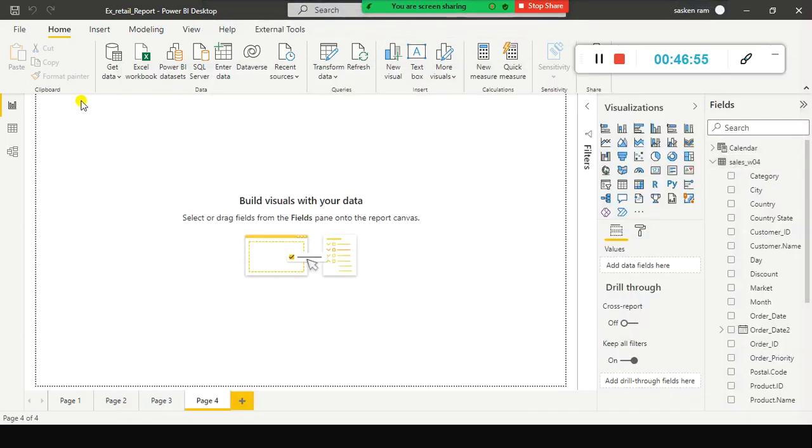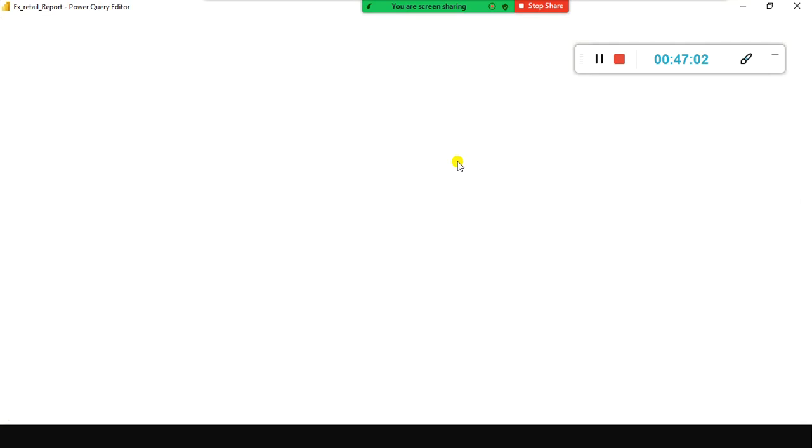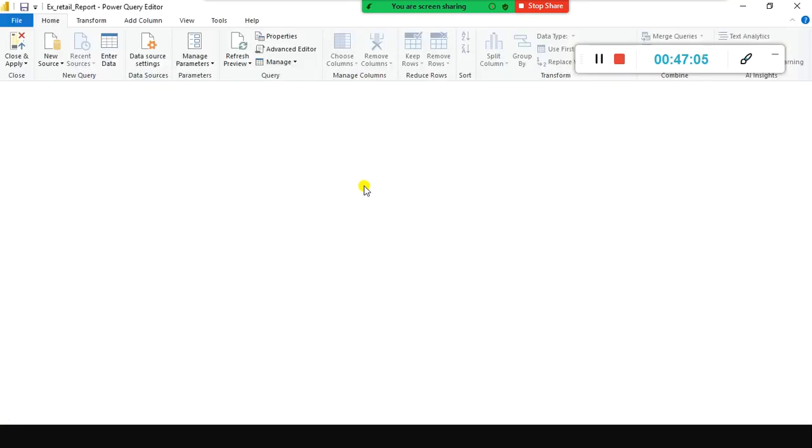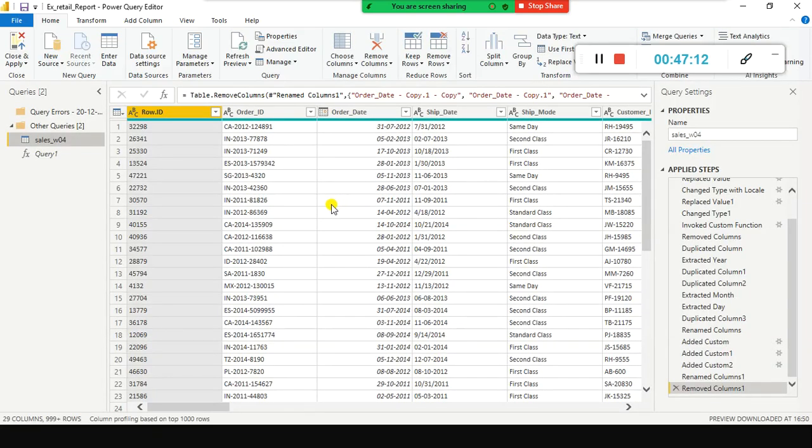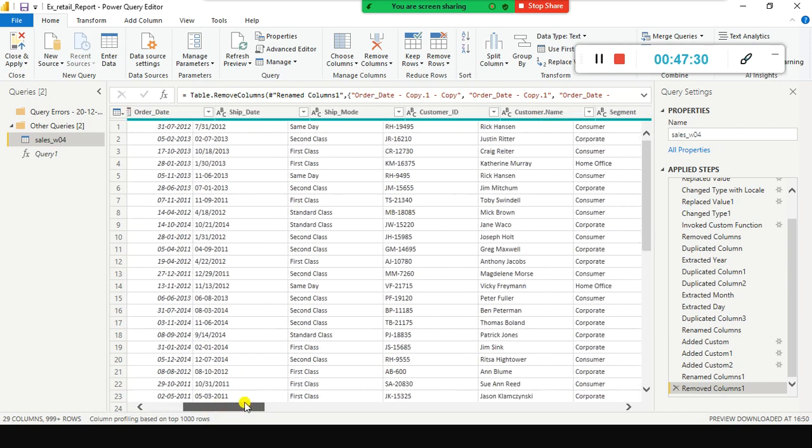Now let us take a look at it. I just go here and select Power Query Editor. How do I select? Transform data. Already data is there, I loaded it here. It is getting loaded. Wait for some time and look here. Wherever you see ABC along the column name, those are text columns. Though this is a number value in the row ID column, it is still in text data type.